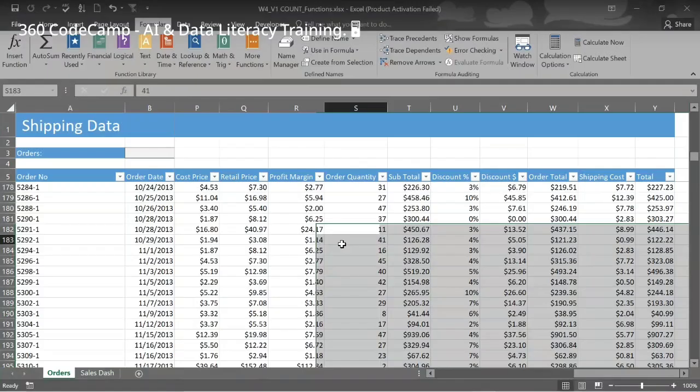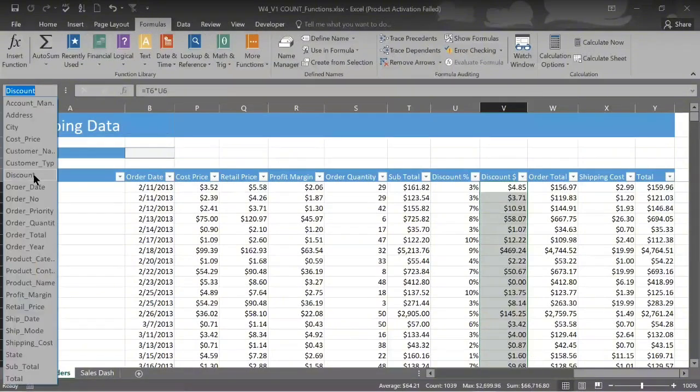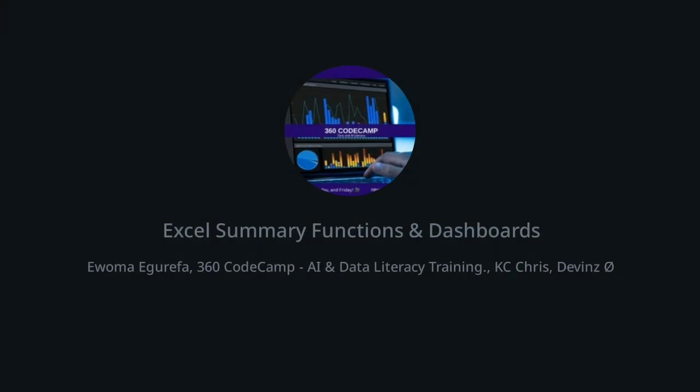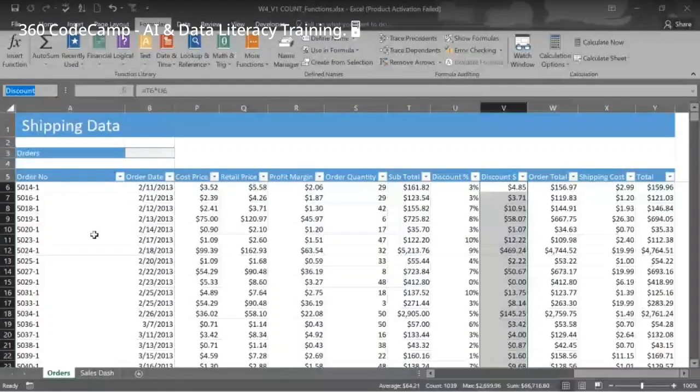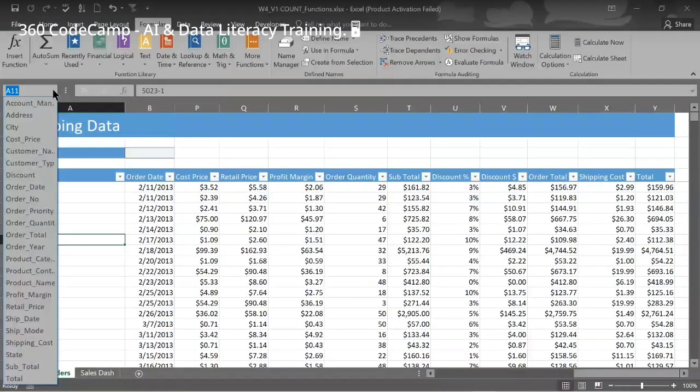We have the dollar sign there. If I had said yes, it would have given it exactly the name we have here, discount with the dollar sign on it. But that's not a problem. So let's go forward. As we have assigned name ranges to our data, this helps us to write cleaner formulas. Like I can say, for instance, now